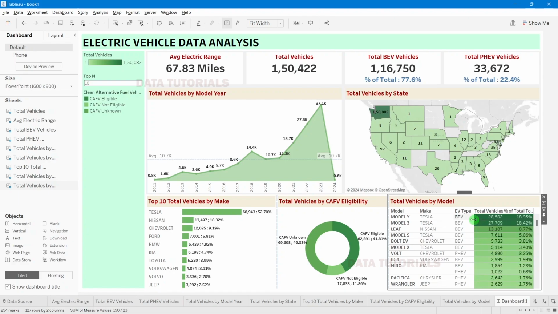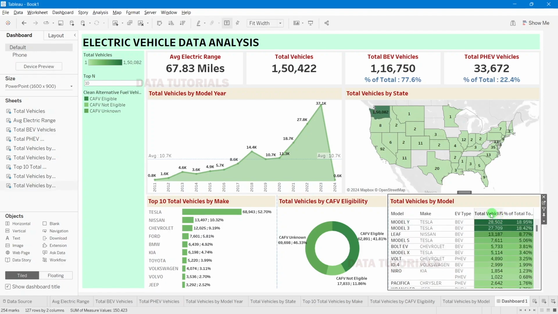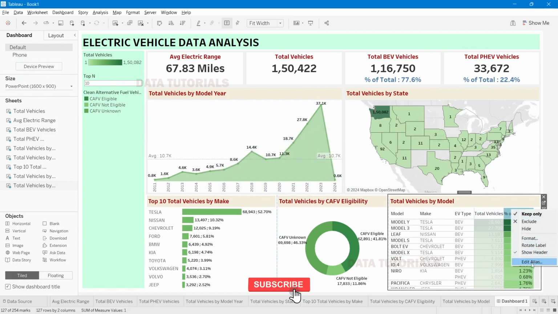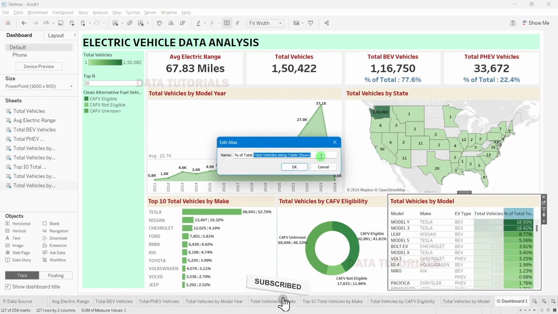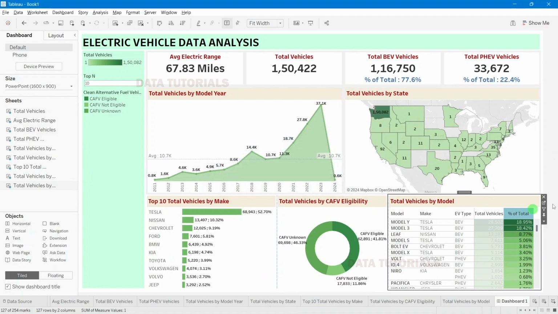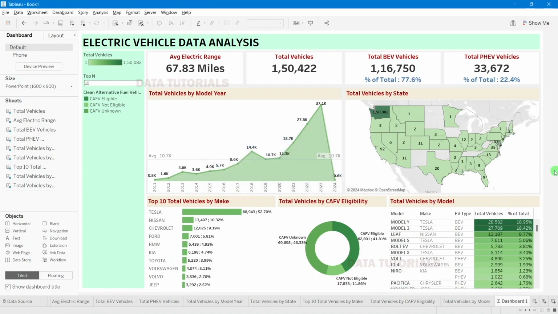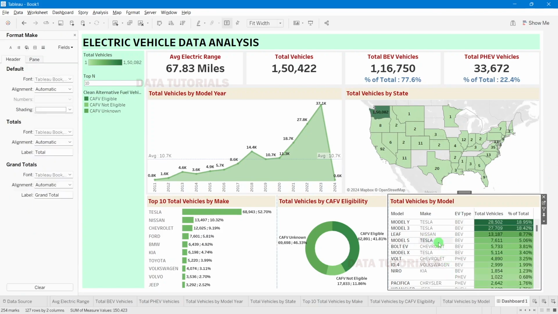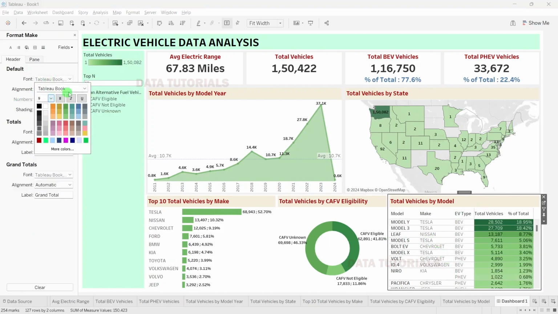Perfect. Alright, and increase it likewise. So here what I will do, I'll just click on edit alias, and instead of total, total vehicles is fine. Right click here, click on alias, and we'll just click on percentage of total here. Okay, percentage of total, right? So the name. Now right click here, click on format, and for this we will just choose